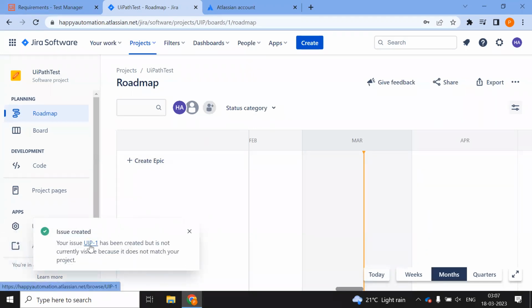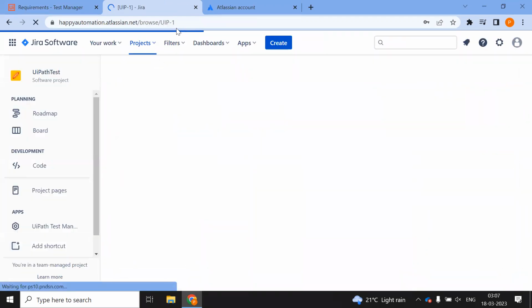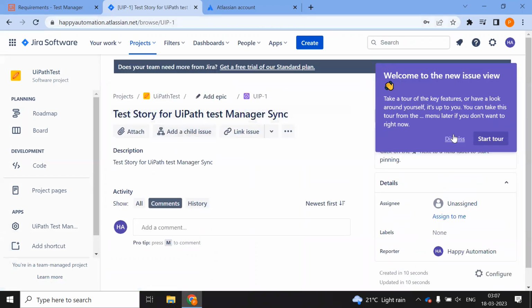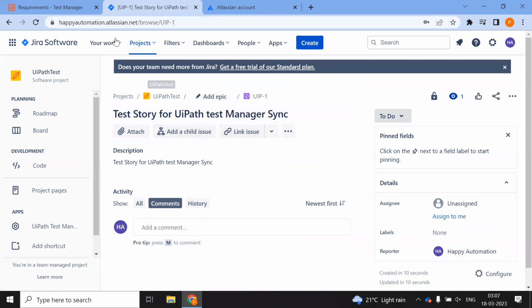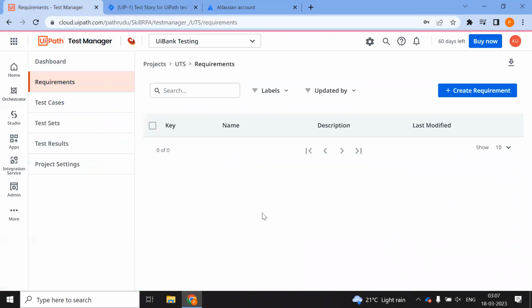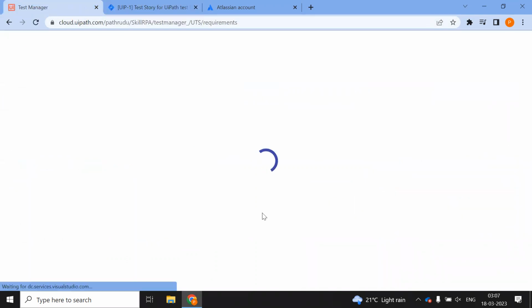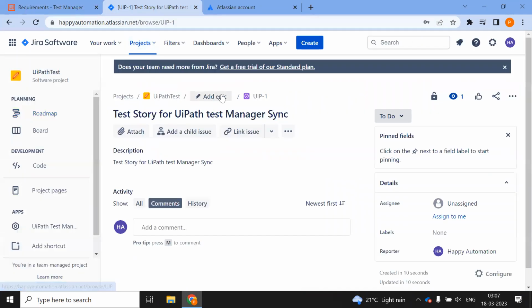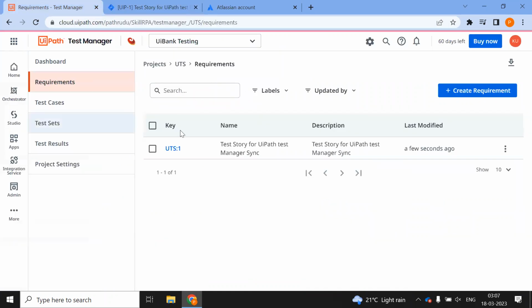So my issue got created, which is UIP-1. Dismiss. And I'll come here and I'll refresh this page. So here I have UIP-1 is my story for the test. And if you see here,